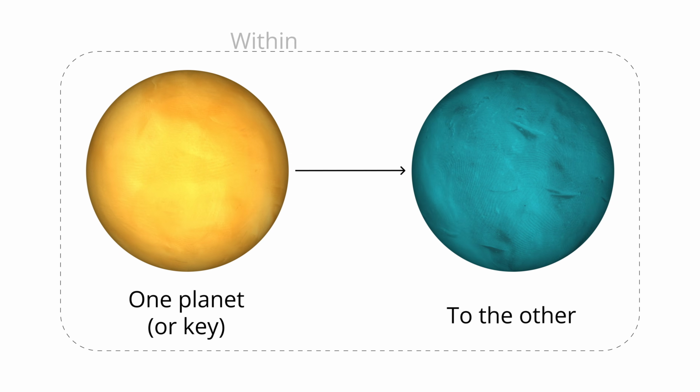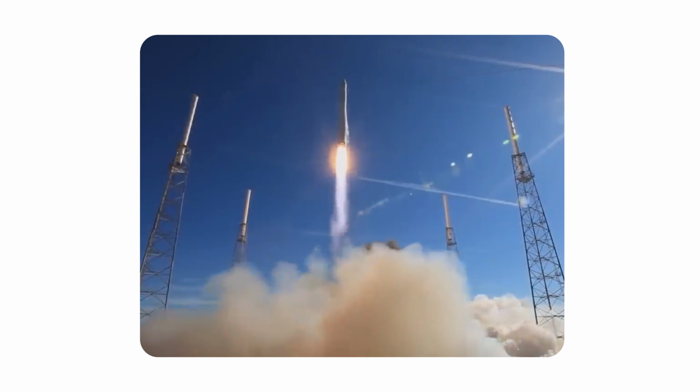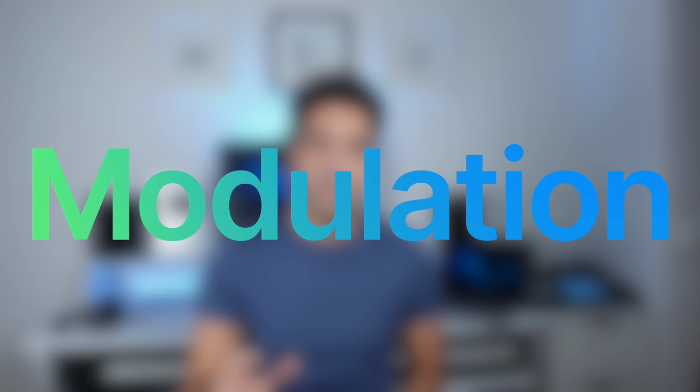Next time you listen to a track, try to perceive this strong force which, like gravity, repeatedly draws you back to the tonic. But what if we want to go from one planet or key to another within the same song? Reaching Mars might be a challenge for Elon Musk, but in music we have a secret weapon called modulation.